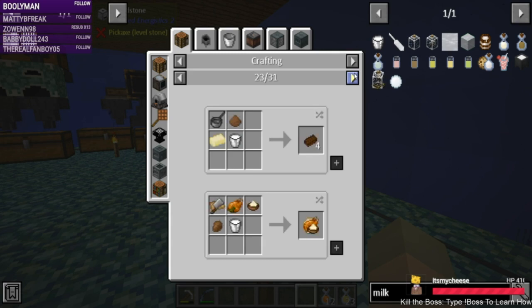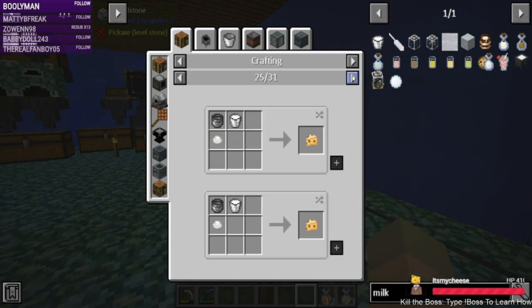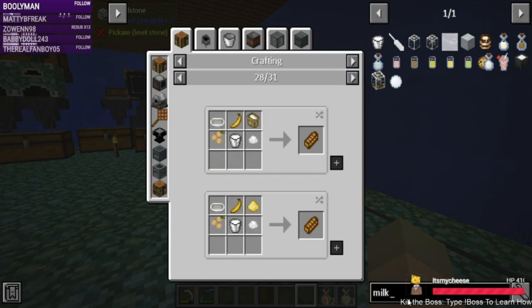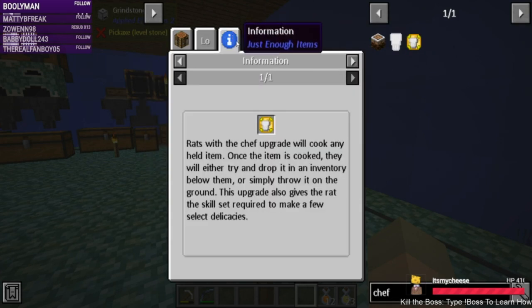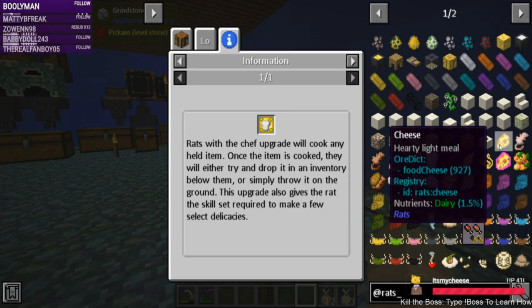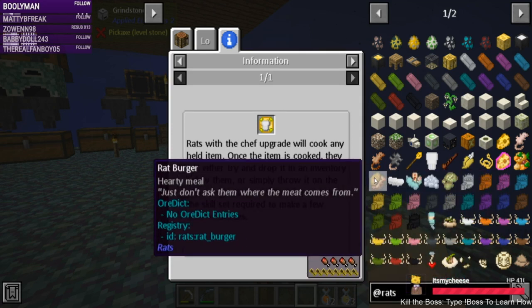Chocolate milk. I think there's a way to do cheese with the rats. The chef rat can make some things. So this is the rats mod. And we get cheese, which is 1.5% dairy. That's not bad. But you can also make...